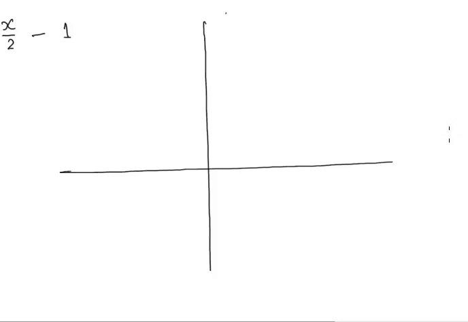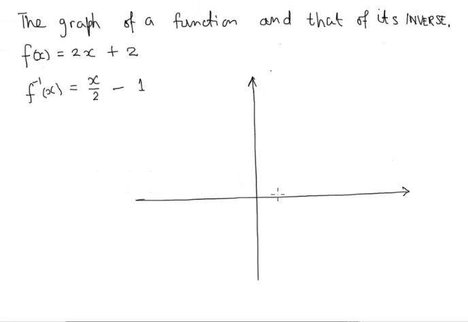Okay. Roughly that's that. The system of axes. Now let's discuss this function first of all. The gradient is 2, isn't it? It cuts at 2, isn't it? Which means if we've got 1 here and a 2 there,